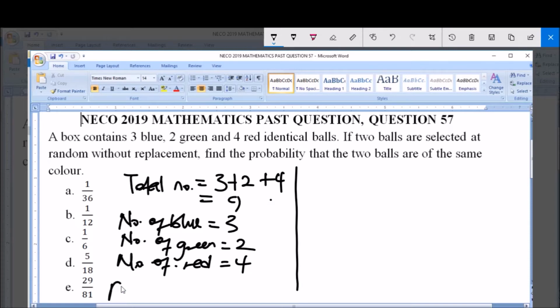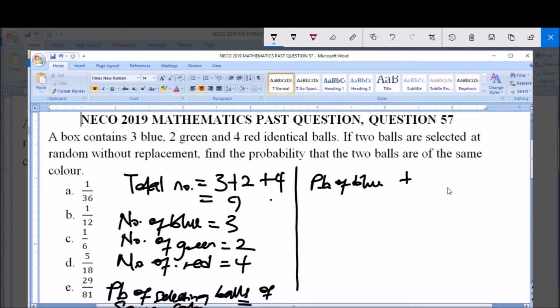Let me represent this mathematically. So the probability of selecting balls of the same color is equal to the probability that the 2 balls are blue, plus the probability that the 2 balls are green, plus the probability that the 2 balls are red. So therefore this is equal to,